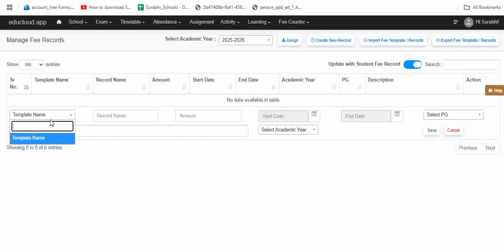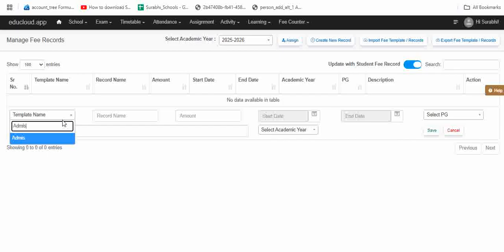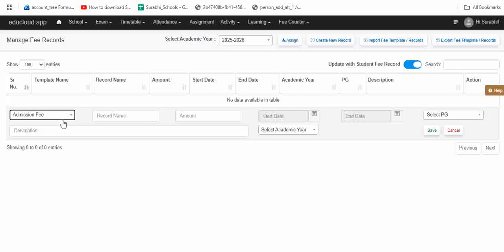Now if you have already added a template by using the first option, you can select the template here to add a new record. Else you can just put the template name over here, which is whatever it is, and press enter. Now enter the record name,